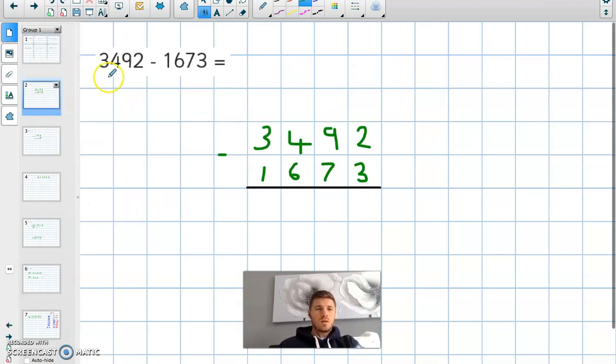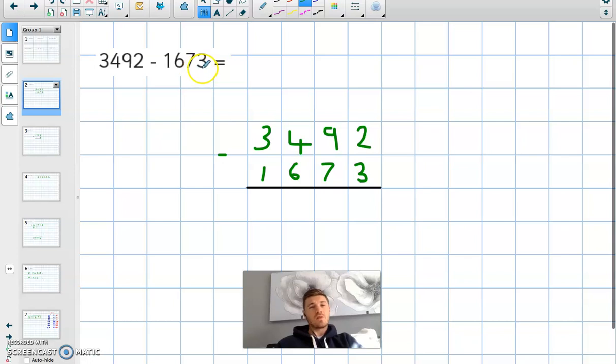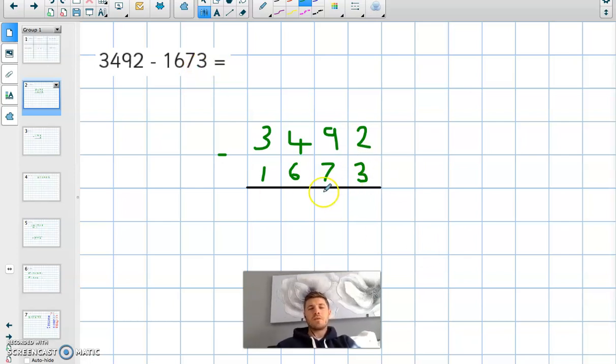So question number 1, 3,492 subtract 1,673. I've put it into a formal method and I'm going to start subtracting from the smallest digit. So I start by doing the top digit take away the bottom digit. So 2 take away 3. Well, I can't do it because the bottom number is bigger than the top number, so I need to borrow from next door. So take 1 from the 9 is 8, 2 becomes a 12, 12 take away 3 is